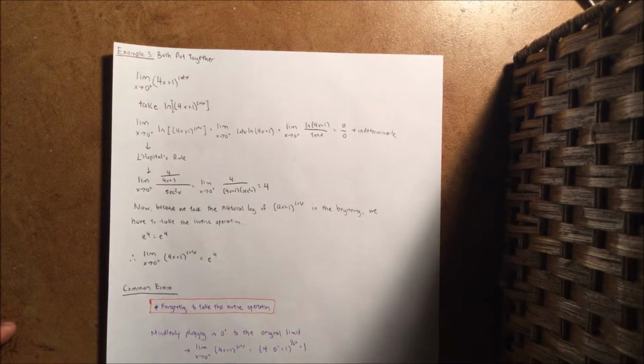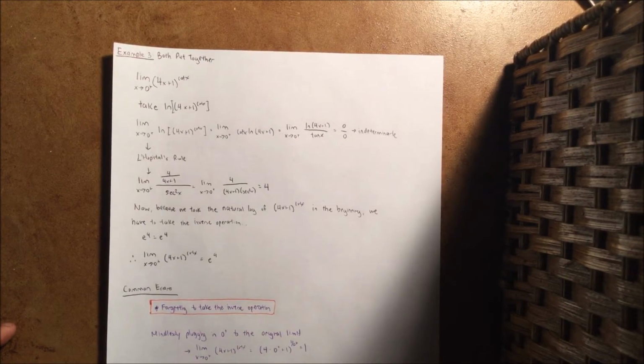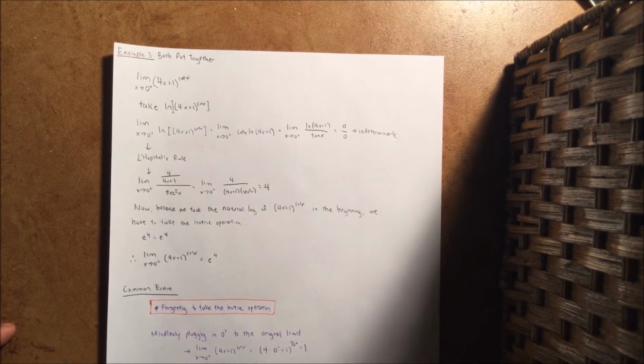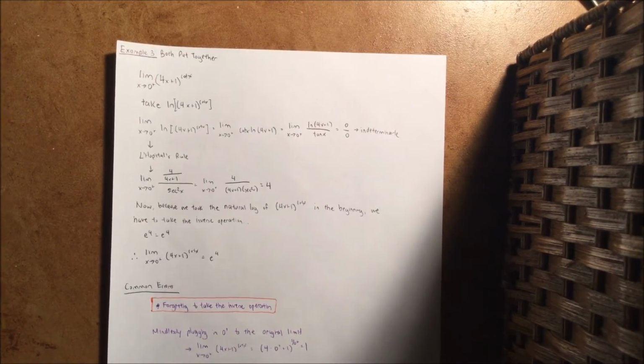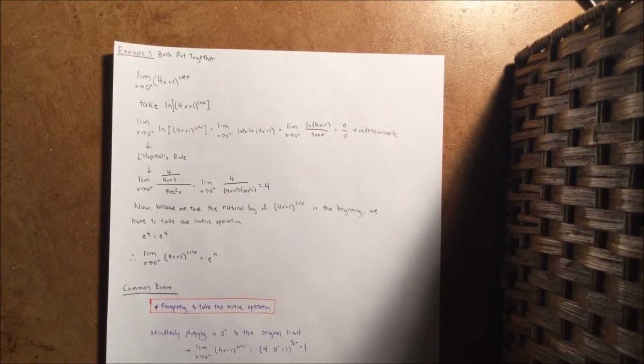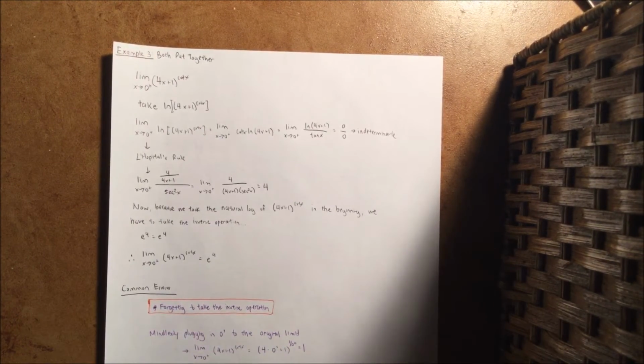Our final example is essentially both of the previous methods put together into a singular problem. Take the limit as x approaches 0 from the right of 4x plus 1 all to the power of cotangent of x. So, similar to example 1, we take the natural log of 4x plus 1 to the cotangent of x, which in turn yields the limit as x approaches 0 from the right of the natural log of 4x plus 1 to the power of cotangent x, which can be simplified by log rules to the limit as x approaches 0 from the right of cotangent x times ln of 4x plus 1,